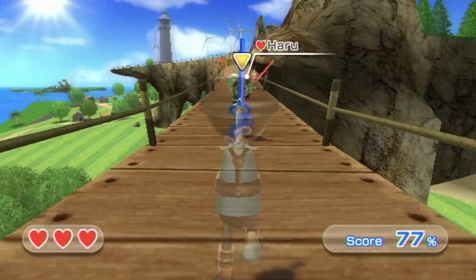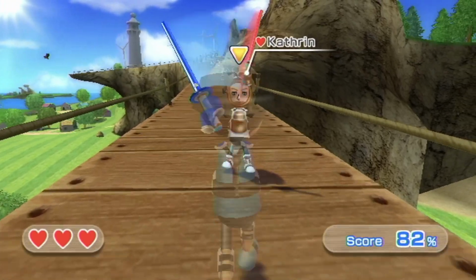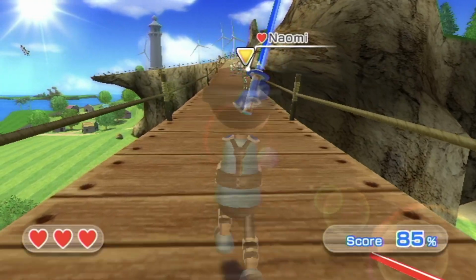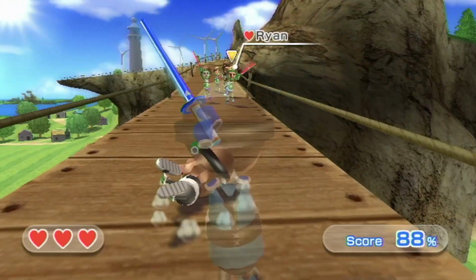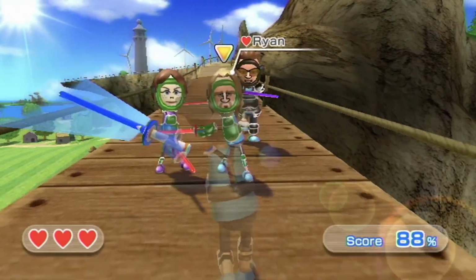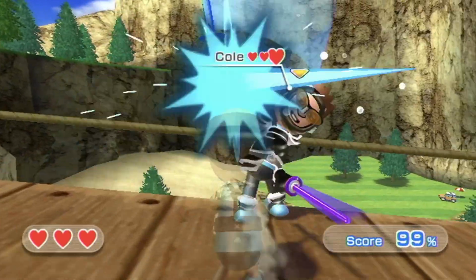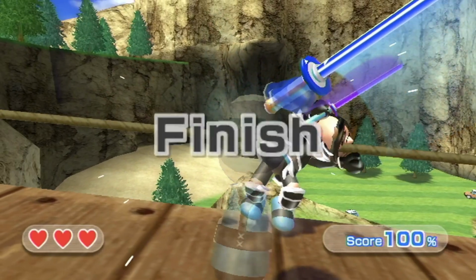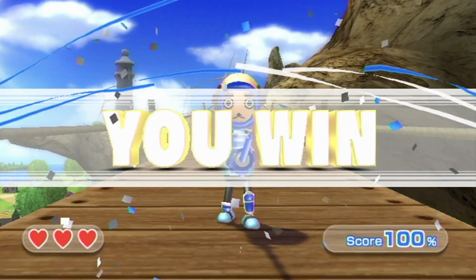number of sword-wielding enemies. The reason I said this mode is a very good representation of the Wii MotionPlus's capabilities is because, as you can see, the player has full control over their sword. This is something that is only possible on the Wii with the combination of the Wiimote and the Wii MotionPlus. But free control of the sword isn't the only thing Swordplay has going for it. The way the individual games are designed also gives us some insight into ways the Wii MotionPlus could be used